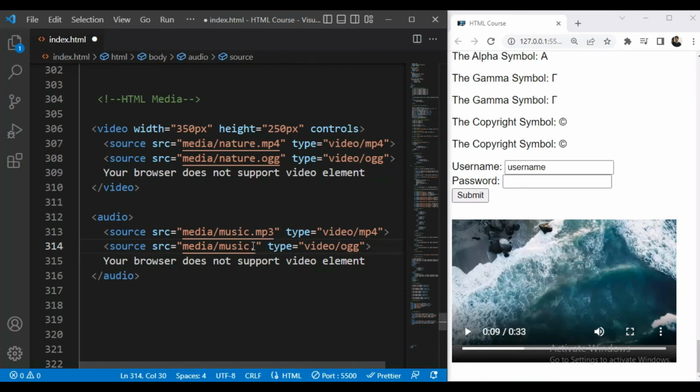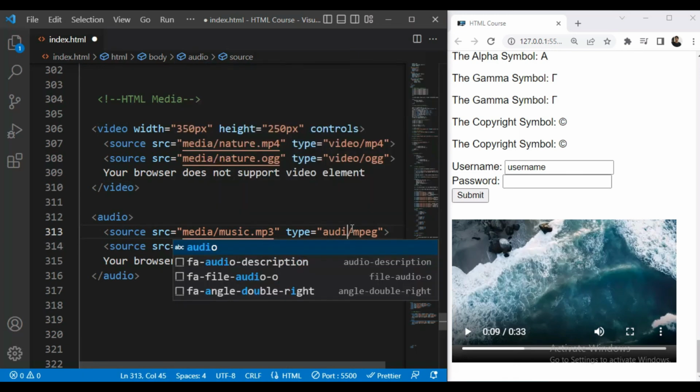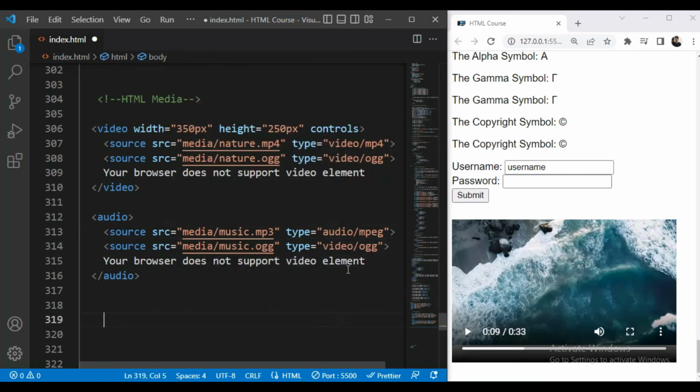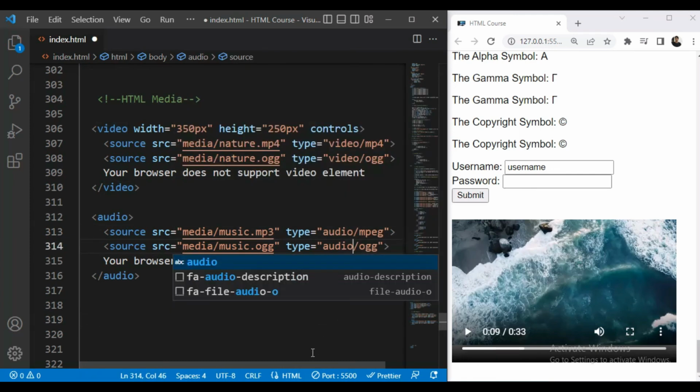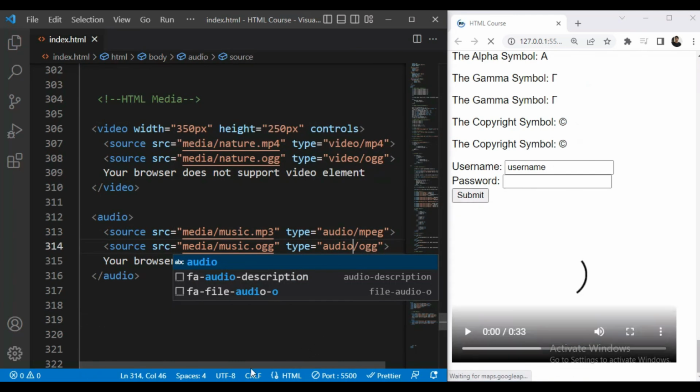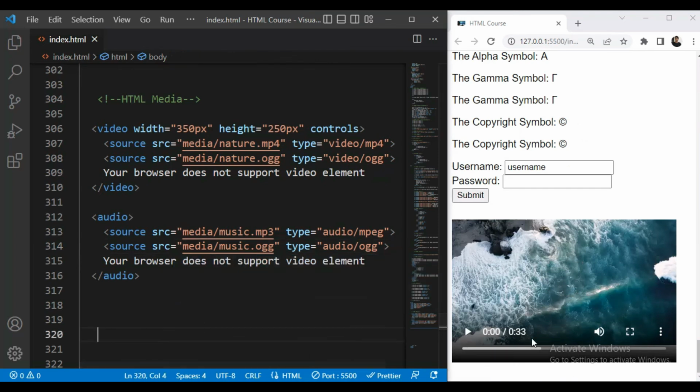Now we will change it to OGG, and here we will make it MPEG, or you can also write MP3, and here we will write audio, and here also audio. Now let us save this. Here we will add controls.